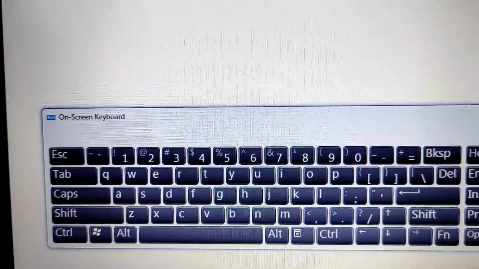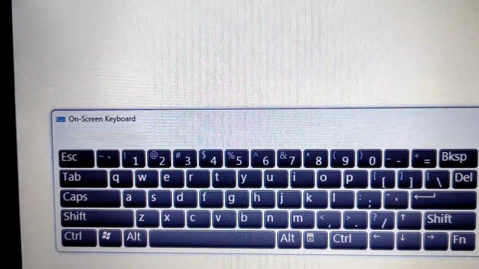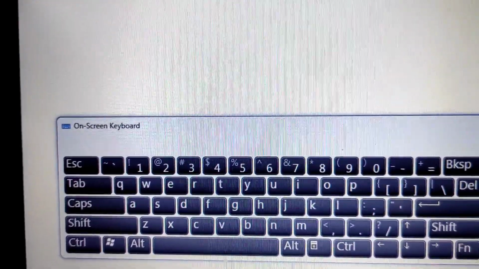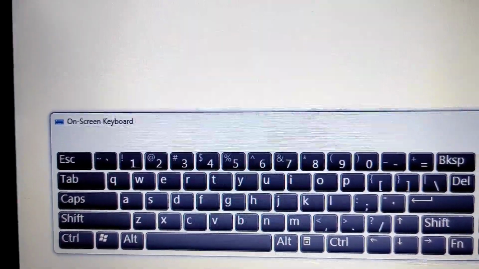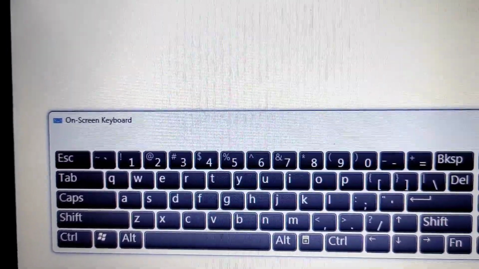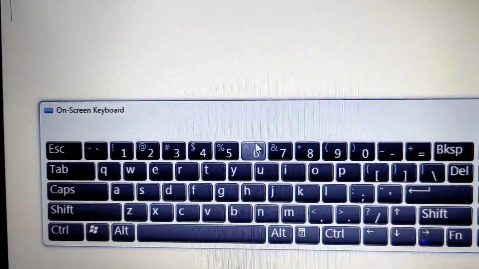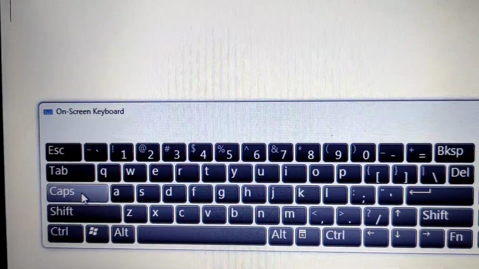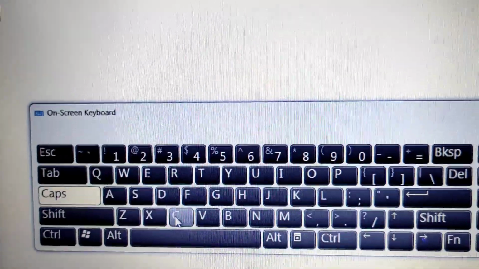Dear children, now let us learn about caps lock key. Caps lock key is used for typing capital letters. Okay, suppose you want to write any word or any sentence in capital letters, at that time you can use the caps lock key. Let's see, for example, just before starting, just press on caps, then start typing.